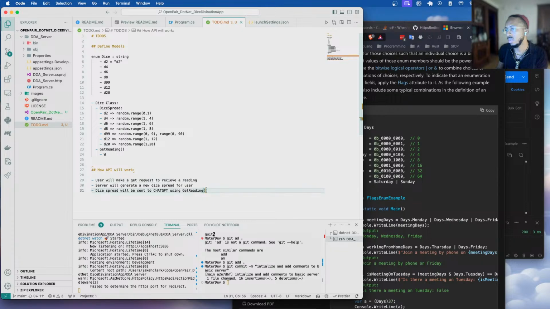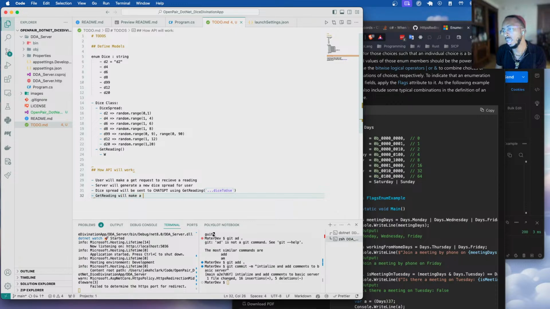This get reading method will take in an array of dice called dice to use, and get reading